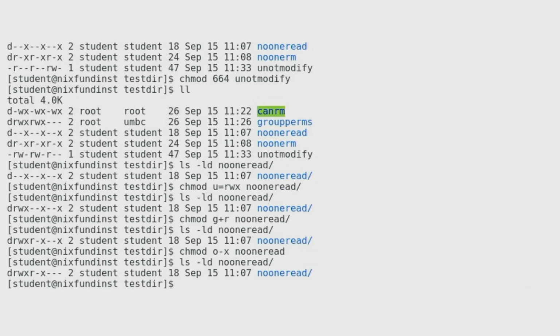Hopefully that makes sense, and you can see that learning the octal method, while at first it seems a little confusing when it comes to setting permissions, gets a little bit simpler once you realize that read is 4, write is 2, and execute is 1, and you just add them up. You'll be able to quickly say, okay, I want to give permissions of 6, or 7, or 5, or 4, or 3, or 1, and you'll know that all those numbers are equivalent to a permission set of read, write, or execute, and you have to have 3 of them for user, group, and other at